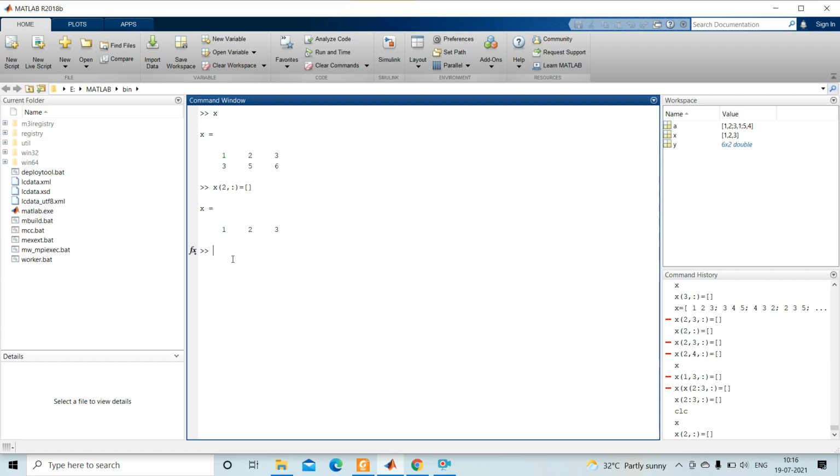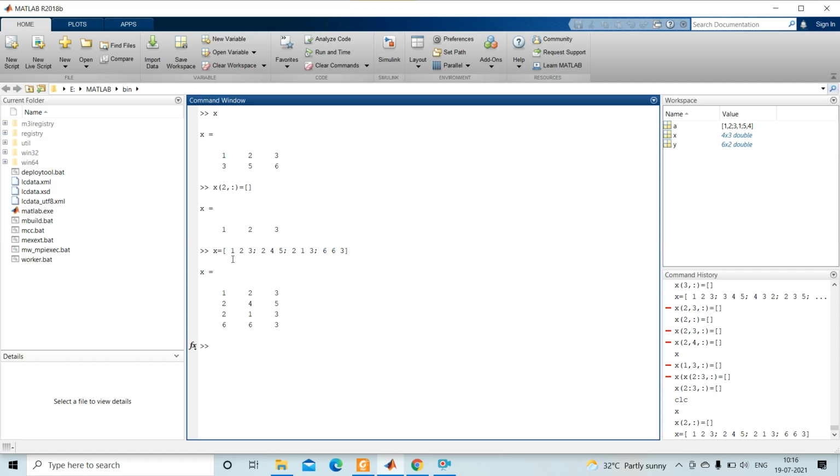If I want to delete more rows at the same time, we have to create a new matrix. Okay, so the new matrix is created now.